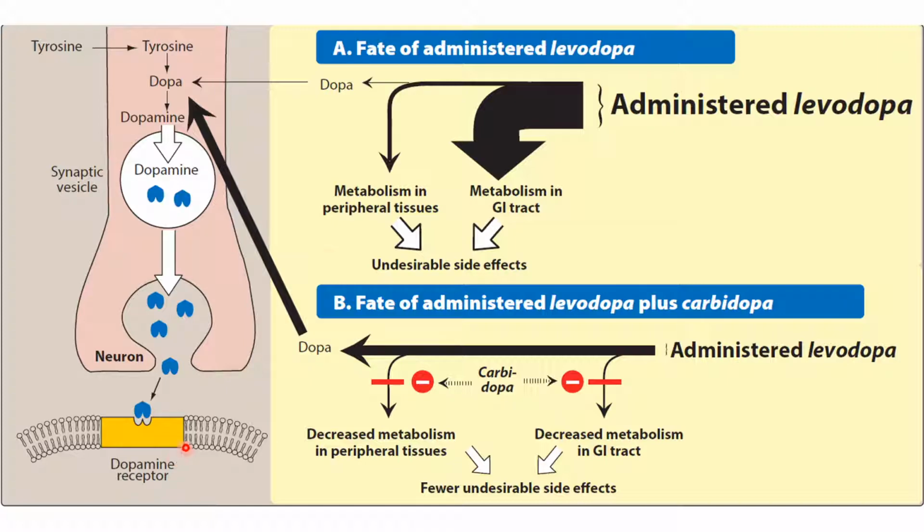So to increase the dopamine in the central nervous system, the patient is taking levodopa, that is the synthetic dopamine, and levodopa